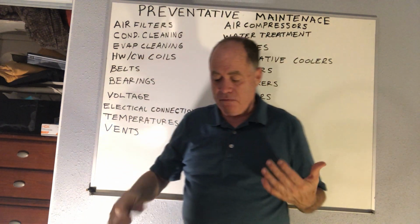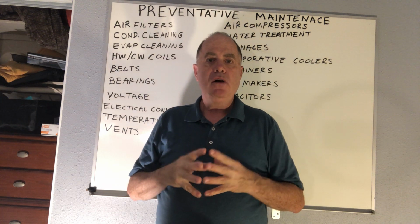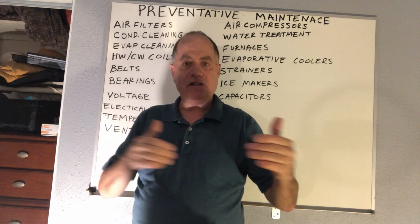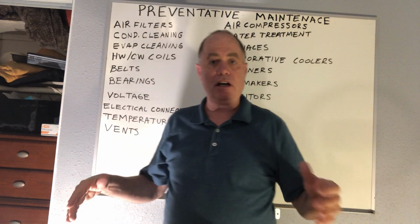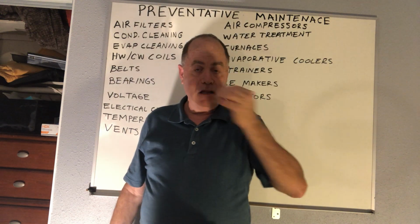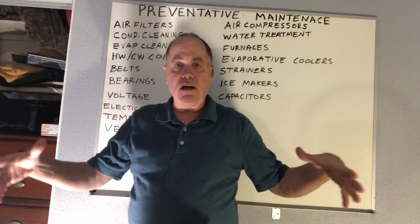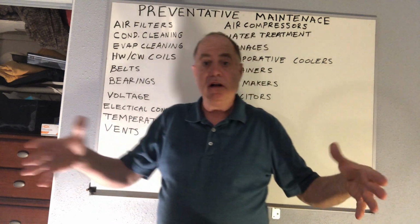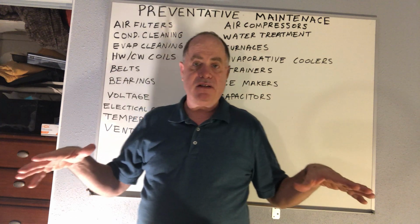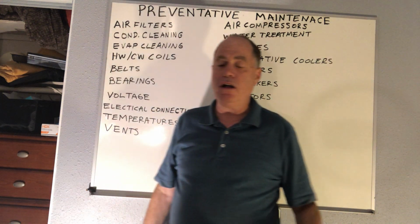Also, I would say from my experience, the condensers that need cleaning the most often would be restaurant type condensers on little self-contained units around the kitchen area. Reach-in cases, display cases, little cases, freezer cases where you keep hamburger patties, sandwich salad counter, individual cases. These are near cooking appliances like fryers